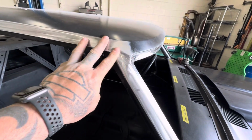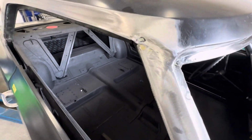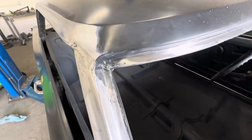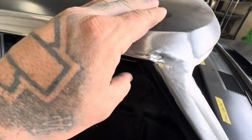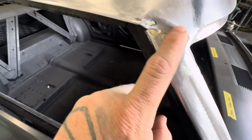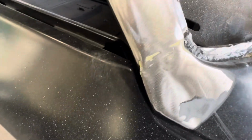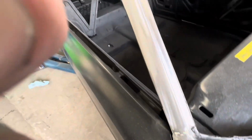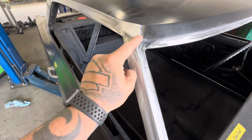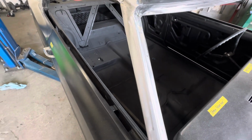While I was grinding the edge, I noticed some Bondo show through, and this is the result of it. Some bad roof patch work. It looks like the previous owner of the car welded the seam right here and then just filled it all in, and unfortunately did the same at the bottom, and that's just not going to work. So we'll end up making a patch panel that goes in here and gets nice and clean and fix this